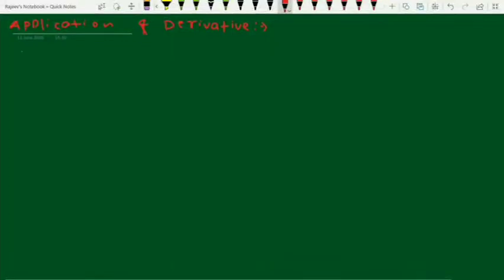Of derivative, and we have even seen differentiation by chain rule. Right now we are going to discuss application of derivative. Suppose that you have to find a rate of change. Whenever you need to find rate of change, you have to apply application of differentiation. How? I'm going to do this topic with one example.